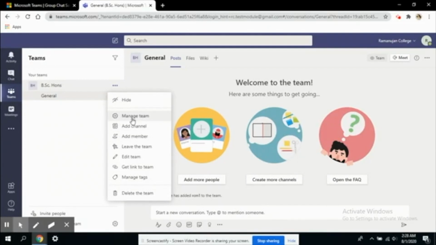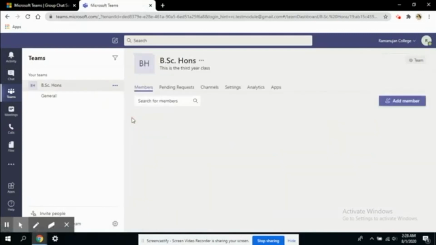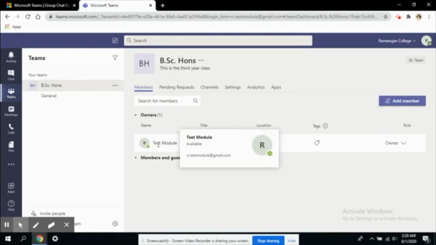So let's say I want to check out what's in the manage option. Here you can see it is showing the members. One member is there, test module. This is the owner, and it is showing